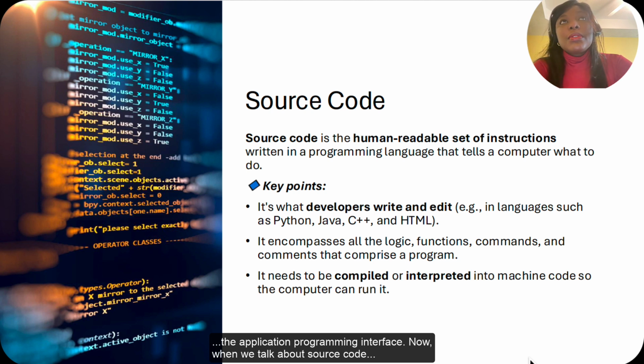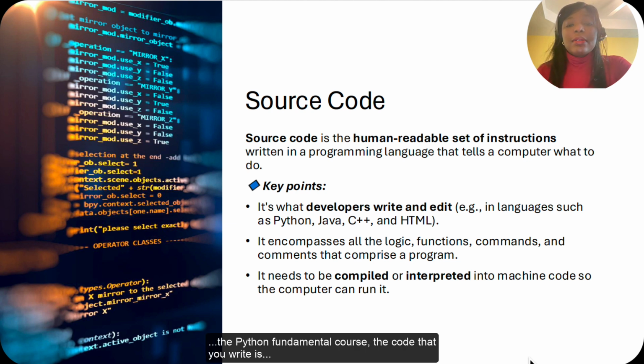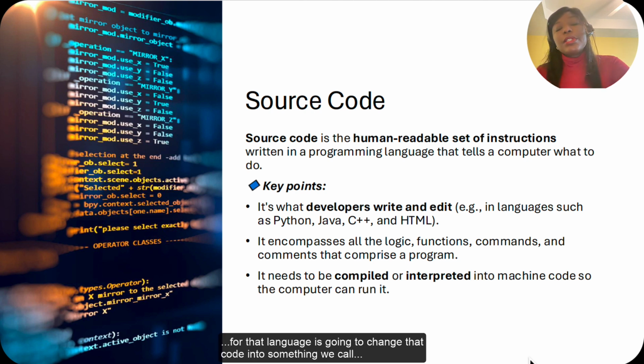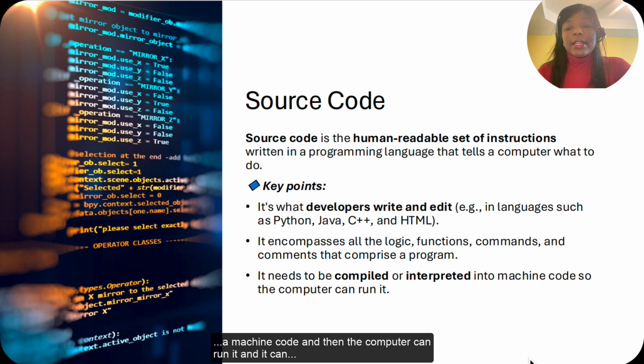Now, when we talk about source code, all we mean is the code you write, the set of instructions we write in the programming language that we write them. So for those of you taking the Python fundamental course, the code you write is a source code. It is the human readable set of instructions. And when we write these instructions, the compiler or interpreter for that language is going to change that code into something we call a machine code,